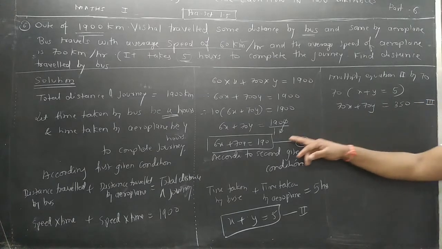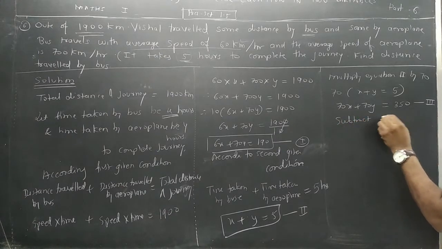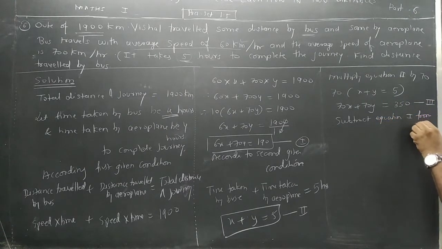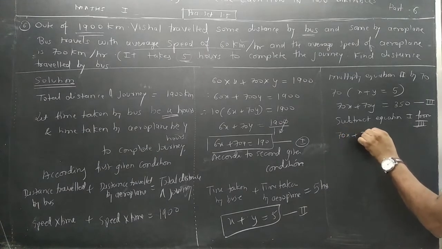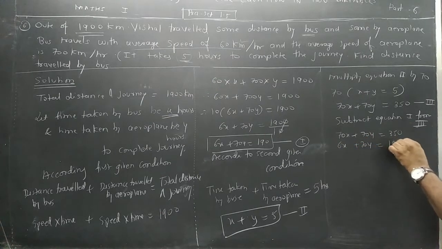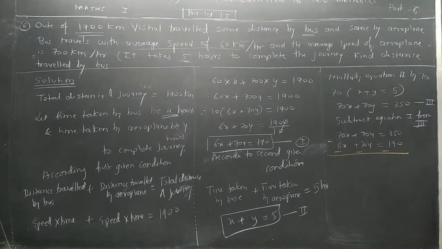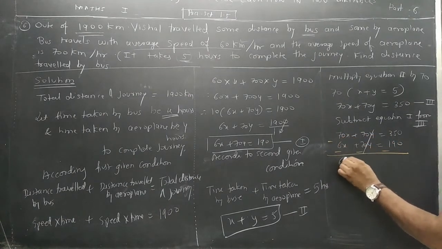Now we are going to solve these two, right? So what I am going to do? Subtract equation 1 from 3. So 1 from 3, what will happen now? 70x plus 70y is equal to 350. And 6x plus 70y is equal to 190. When you are subtracting it, so this will get cancelled. And we are getting